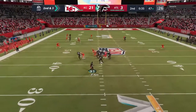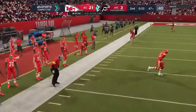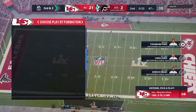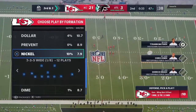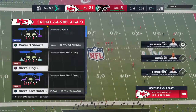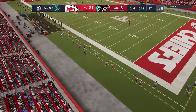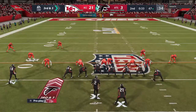Here's Ryan. And they will not get the connection there. It's incomplete. To this point, I've been impressed with the work defensively. They have not allowed a lot of receivers to run free. And there's another example, another incompletion. So the incomplete pass on the last play, and that leads us to a 3rd and